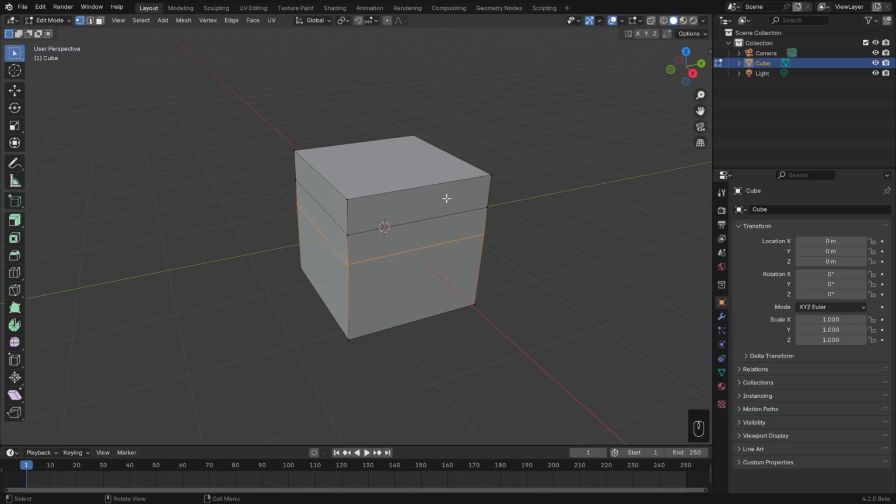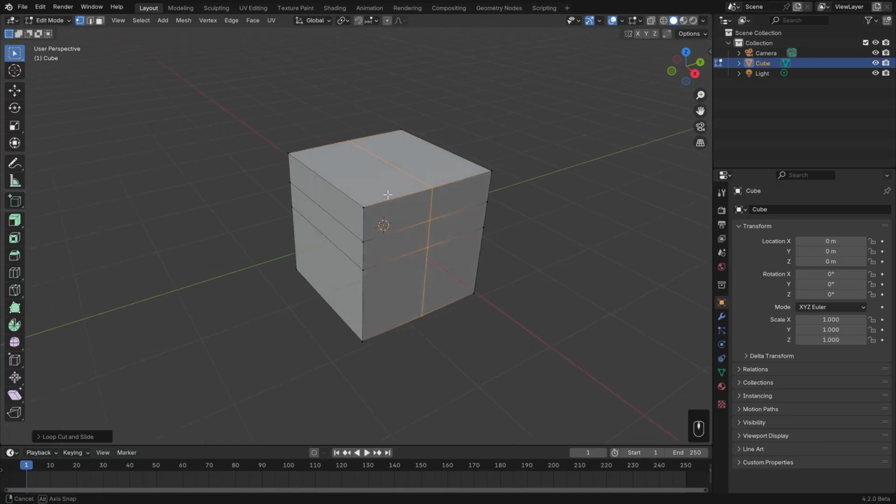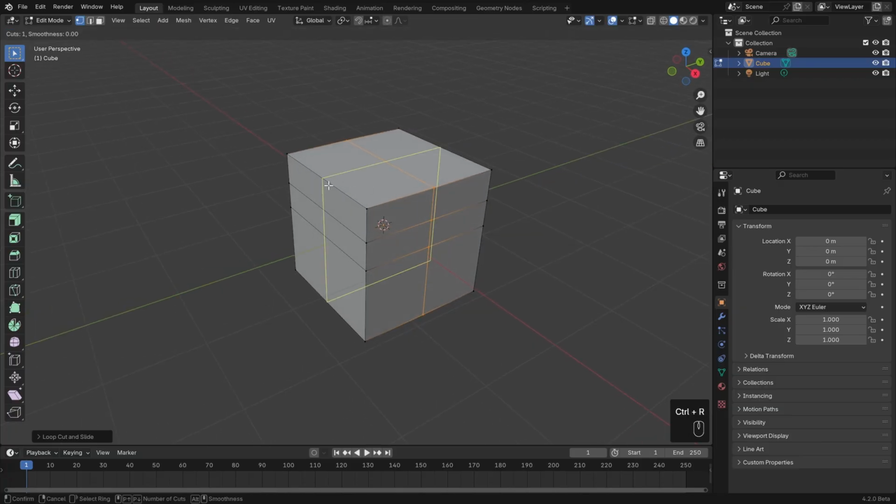Since we're going to be mirroring the front right corner to all of the other corners, let's go ahead and delete the rest of the geometry that we don't need. To do that, we need to place cuts right down the middle. So I'll hit Ctrl-R and hover my mouse over the top horizontal line, and left-click again to confirm without moving it at all. Then I'll do the same thing on this left side here, Ctrl-R, left-click to confirm, and even if you do move it accidentally, you can also hit the Escape key, which cancels the movement, but not